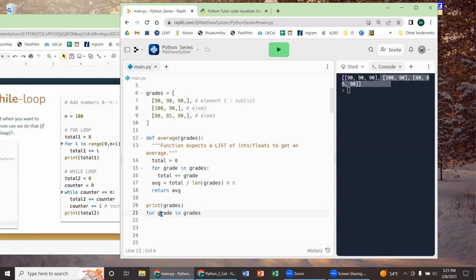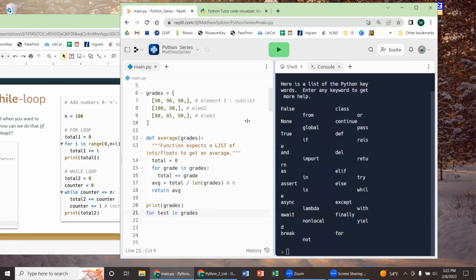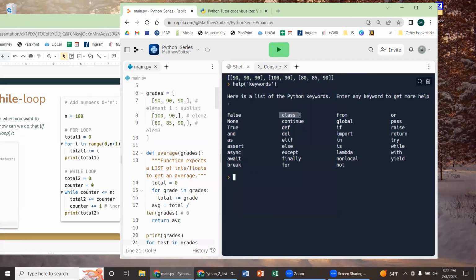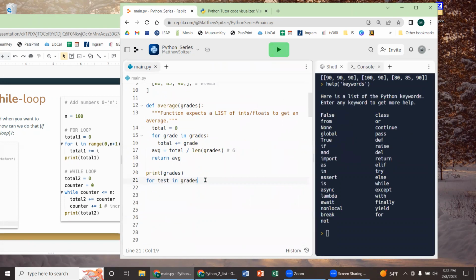And actually, instead of grade, let's call this maybe class. Actually, call it test. You'll see that when I type in class, it's highlighted blue instead of the black that it should be. And that's because, let me just show you. Class is one of the words in the Python vocab, so that's saved. Python calls something class, so you can't call it class. So we'll just call it test in grade. So we have one class, and they took a couple tests, and we want to get the average of all the tests. Print out test,